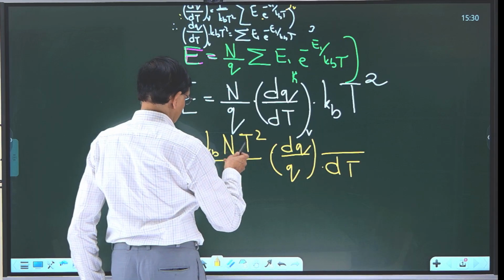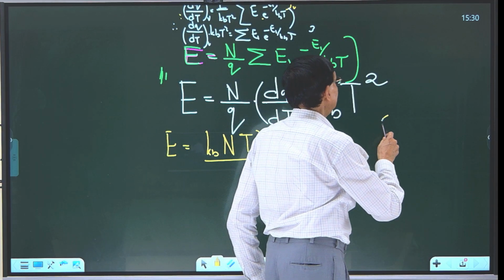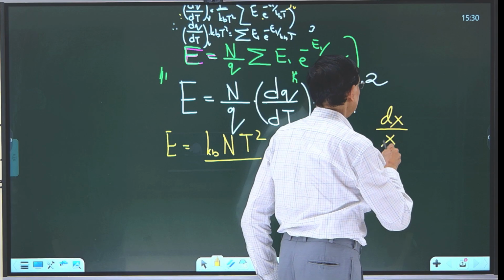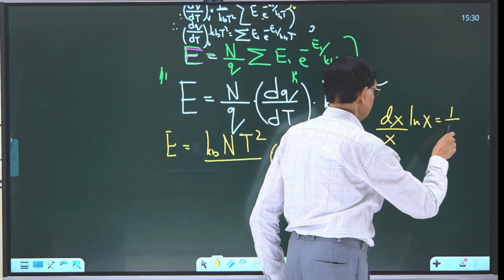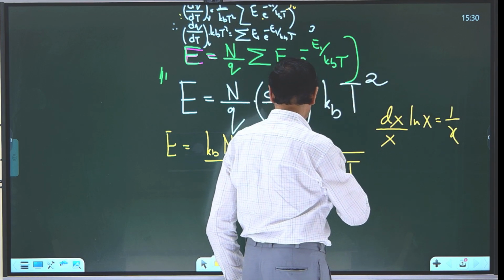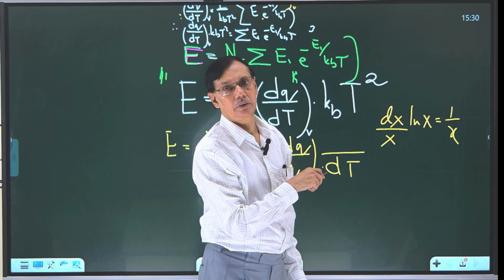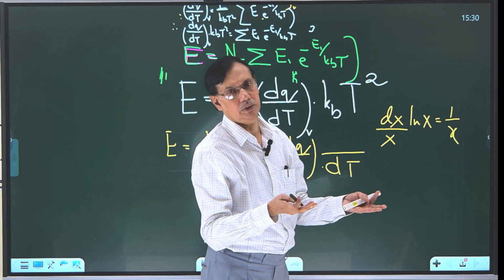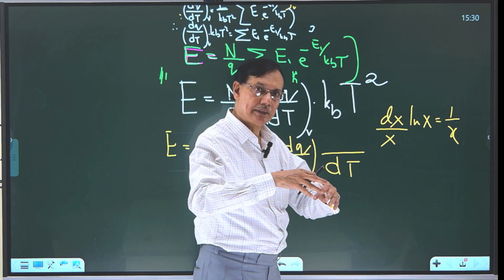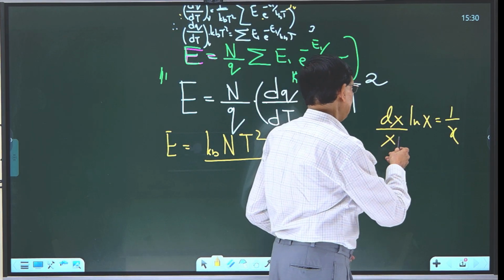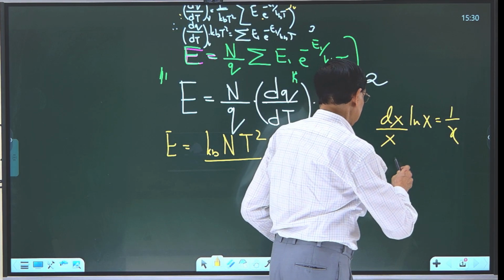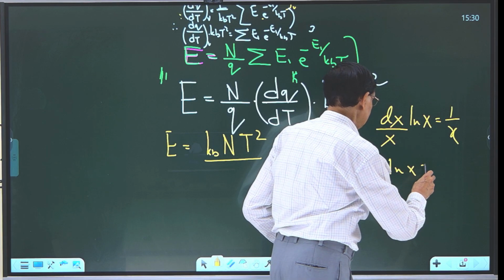So you know that like dx by x is natural log x, because dx is a differential whereas natural log x is a function. So what I can write like that, natural log of x, that means dx upon x